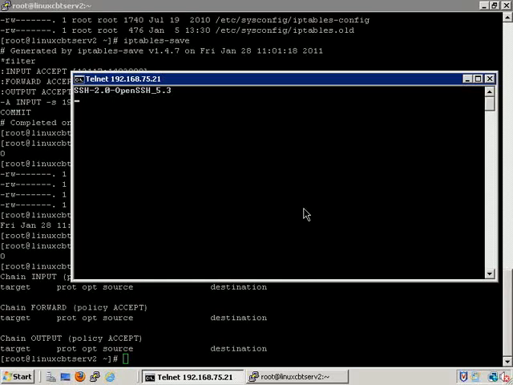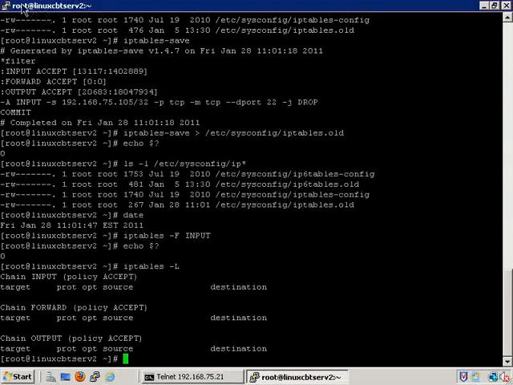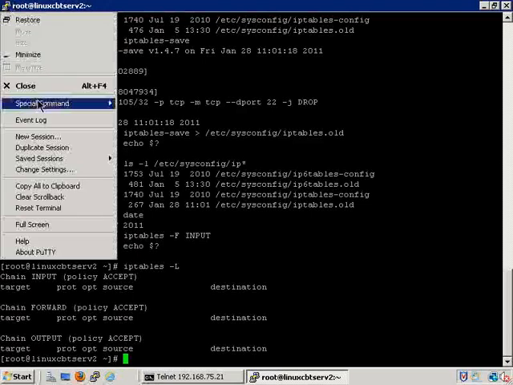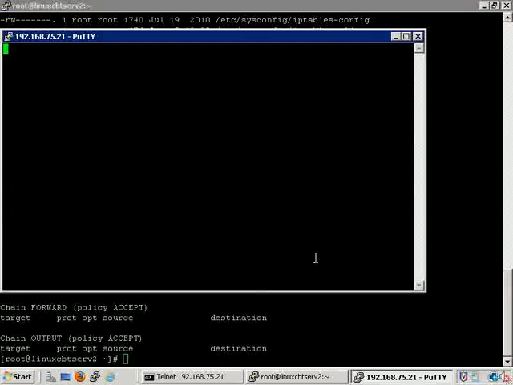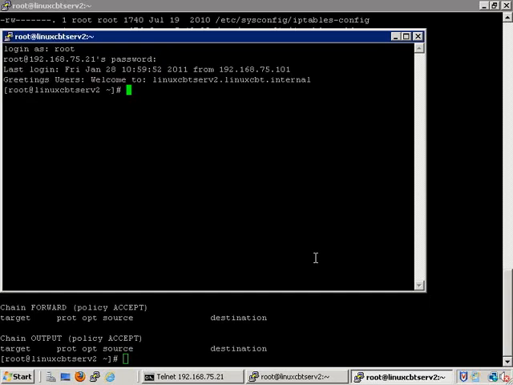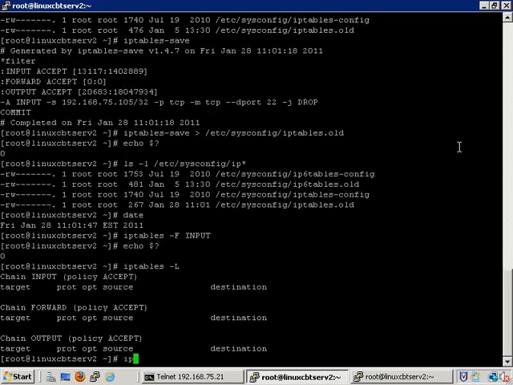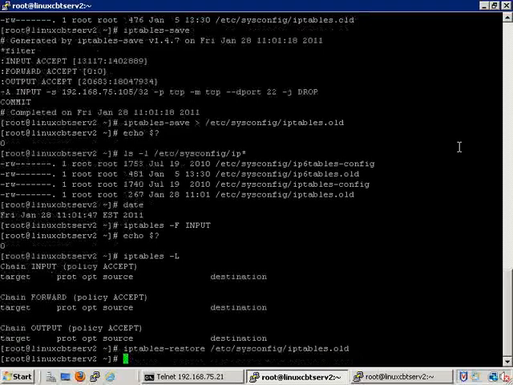So it's working. And if we launch PuTTY in a separate window using a new session, for example, to Linux CBT Serve 2, it will connect. So that's working as expected. Let's open this session anyway, and to reinstate the rule, iptables-restore, point it to the file which is located in etc sysconfig iptables.old. You don't have to name it iptables.old, by the way. So now let's iptables list again,